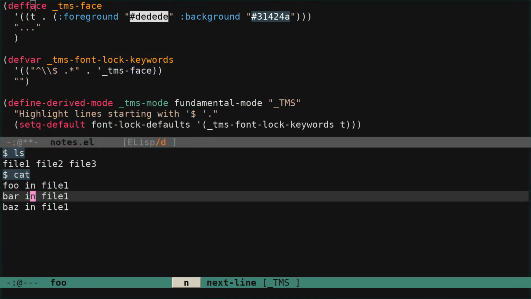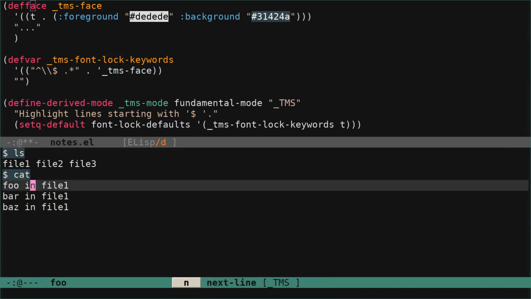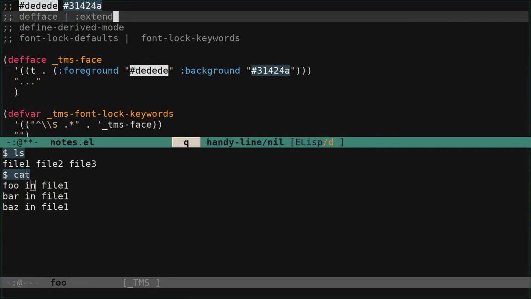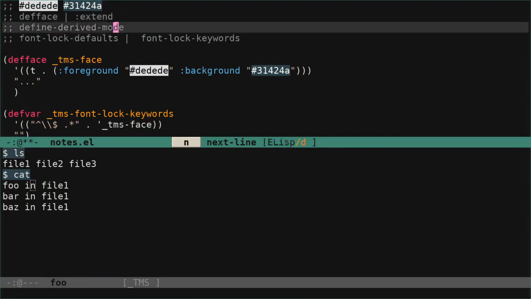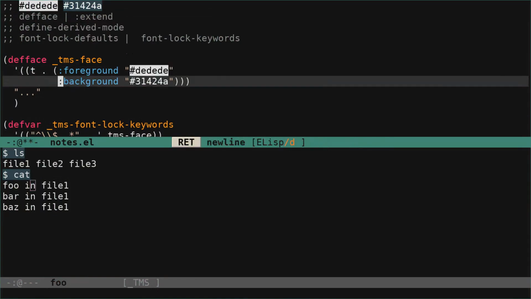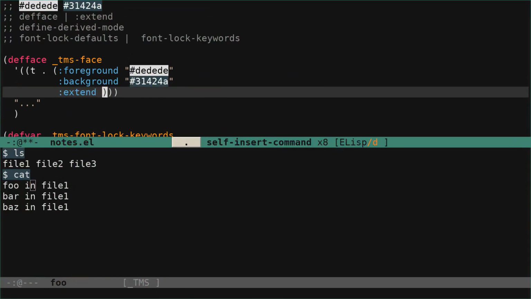But there is one thing that we want, as I showed you in the beginning, is that we would like to have the highlight done further, to the end of the line that is here. Okay, so we can do that. There is the extend keyword that you can see that we can use. So to make something like that. Okay, and now extend, and if you put true for this,